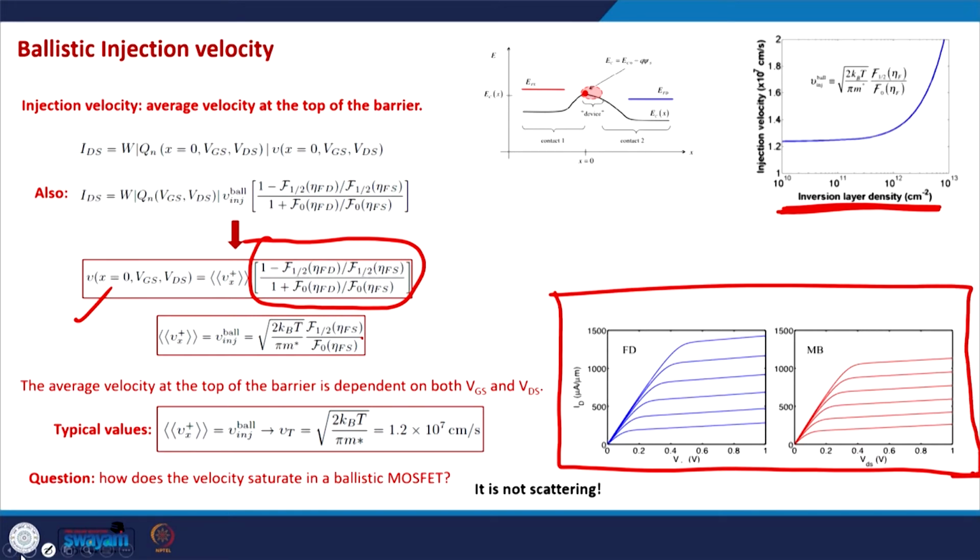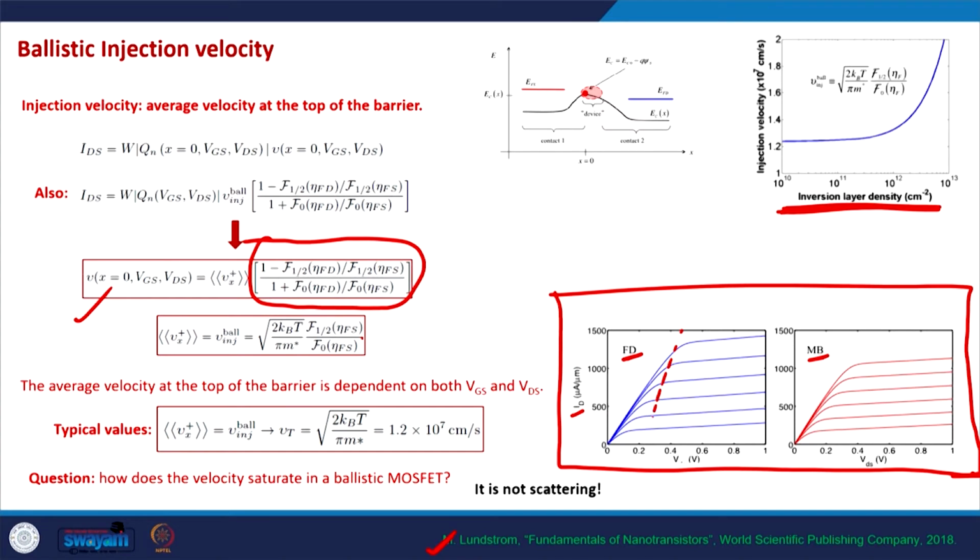And this is a real simulation for a ballistic MOSFET, taken from a paper. This calculation has been done by assuming the Fermi-Dirac statistics in the ballistic MOSFET, and this one by assuming the Maxwell-Boltzmann statistics. As you can see, although their values are different, they are fairly similar to each other, and they can explain the behavior of electrons pretty much in the same way. And the current is saturating after a certain drain voltage,